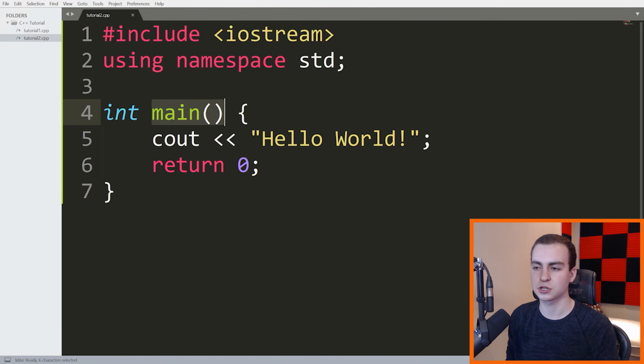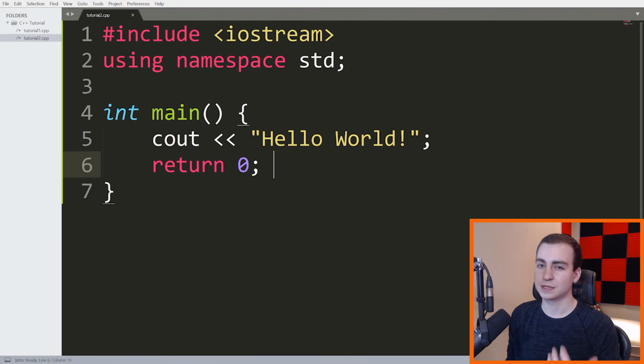So if we say this function is going to return an int, which stands for an integer, we must return an integer. So in this case, we return 0 because 0 is an integer. And we're just satisfying C++ rules and saying we're just going to return 0 to make sure we don't get an error. Now, if you've worked in other programming languages, this probably makes a ton of sense. If you've never coded before, you can somewhat ignore what I'm saying. I'm just explaining why we need this return 0.